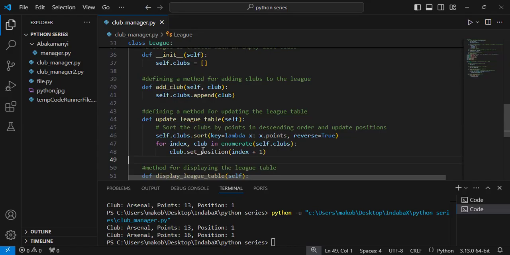Then, okay, this is for updating their positions, because after every match day, some teams will lose, others will draw, others will win. So you need to update their positions. That's what this loop here is doing. It will loop through all the clubs in the variable clubs and then try to update their positions according to the result. So you are saying index plus one because the clubs stored inside clubs,